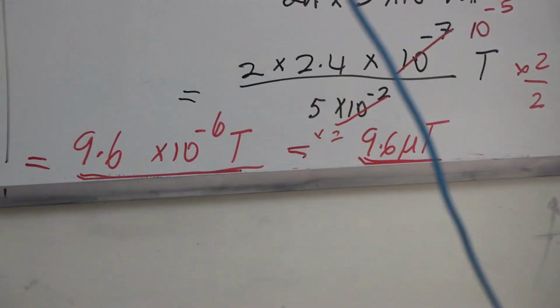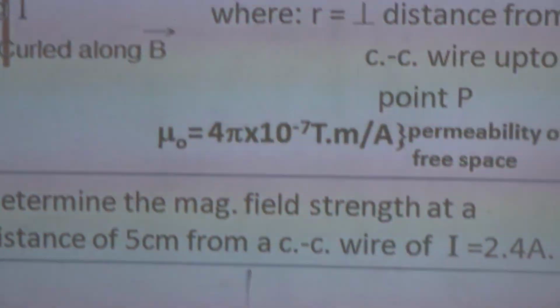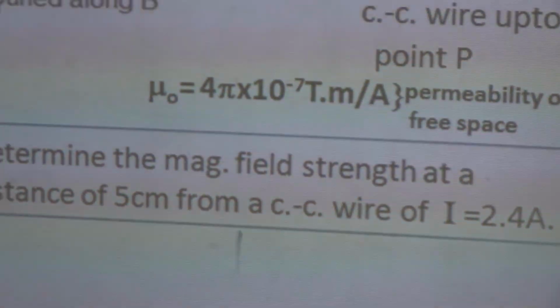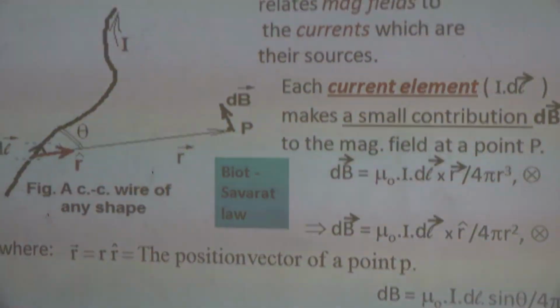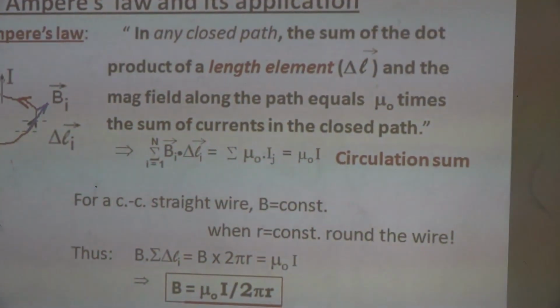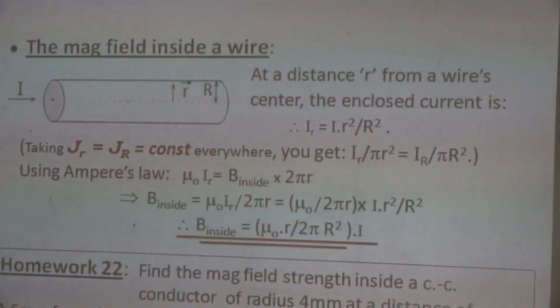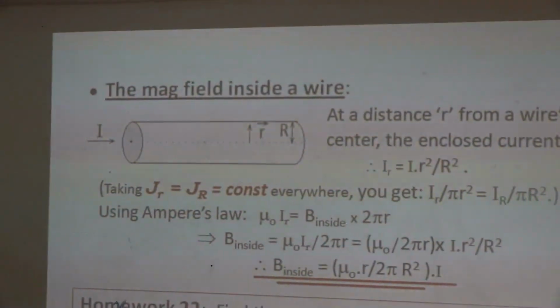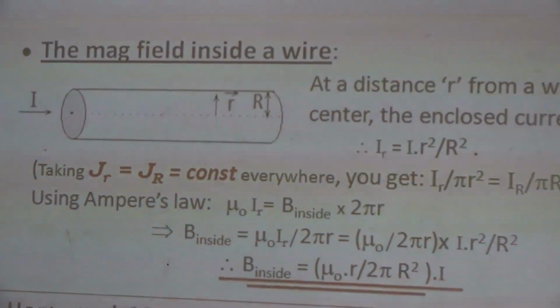That's it. Now let's go over to another topic here, in which we apply Ampere's law. By the way, since you're going around the wire, it is called Ampere's circulation sum. The summation is called circulation sum. So the next topic that we have to pick is an application of Ampere's law, and we want to know how much is the magnetic field inside